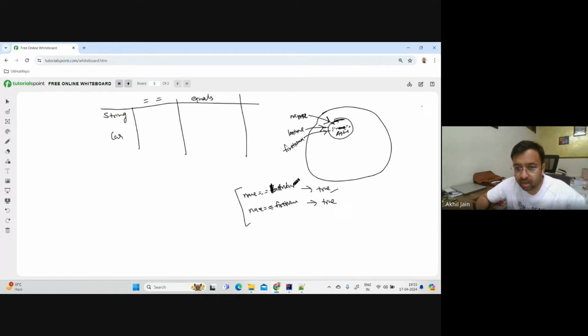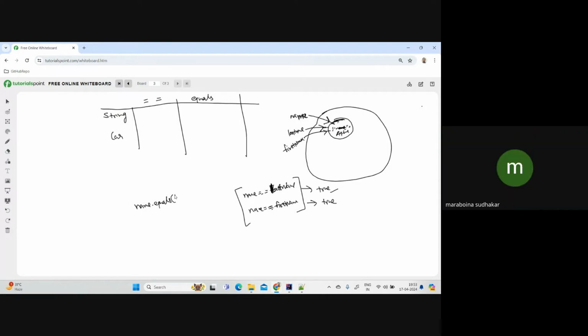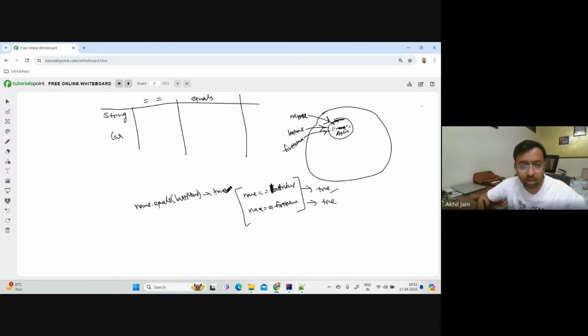Okay, this is one part. Tell me about the equals method also. If I write name equals, yeah, equals last, return everything is true, I guess. This will also return true. Okay, name dot equals